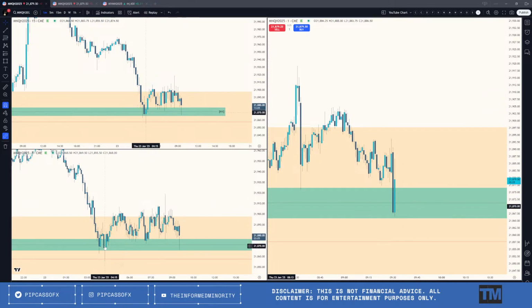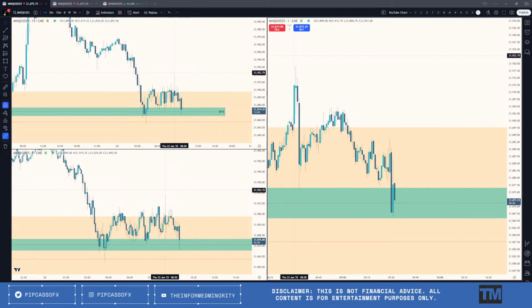So as of right now, we're getting a nice response off of this level. And we're not seeing the same thing in ES. As of right now, we're not. And we have Dow trading higher, which is, again, a little bit of a mixed opening. They need to start all moving in the same direction, or else this is a little bit more concerning for looking for higher prices if that's not the case.